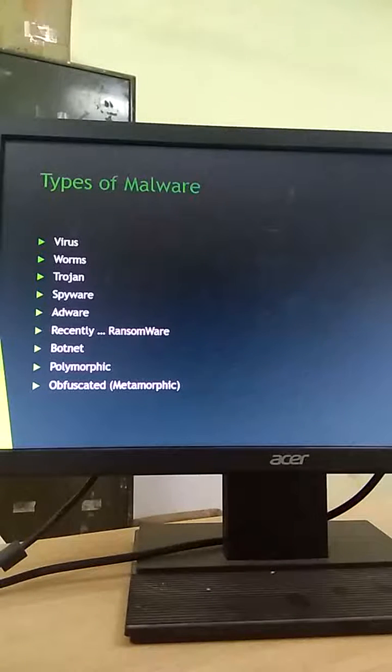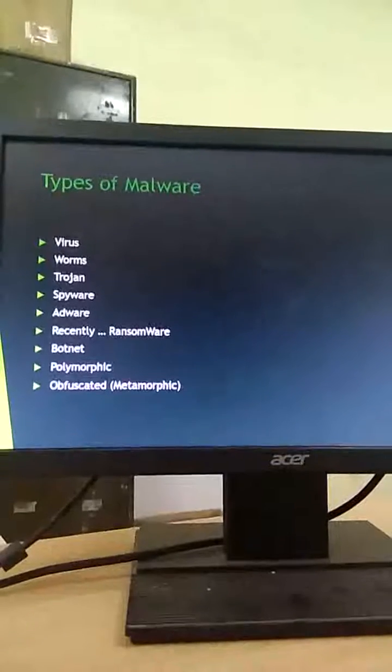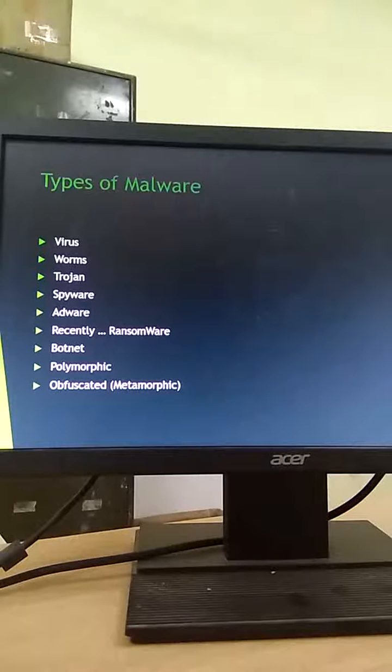Spyware is software which spies on your data, and unlike viruses and worms, spyware is difficult to detect because it's not modifying the system performance at all. It just sits silently and monitors your data. At a specific time it sends this data to a specific machine. Adware is software which monitors your activity, specifically your shopping activities and where you visit on the internet, and then it sends this data to some advertisement companies so that further advertisement can be done.